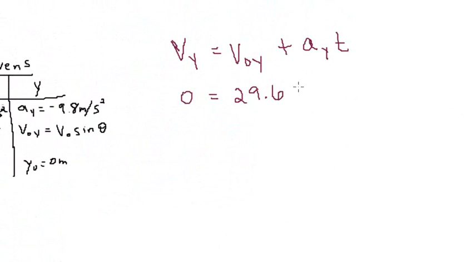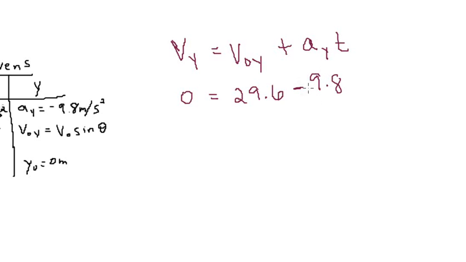Now we need to write the acceleration in the y direction, and the acceleration in the y direction is simply gravity, and gravity pulls the ball down. We said that the down direction is negative, so I'm going to put a negative 9.8,